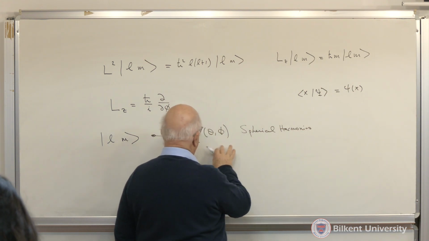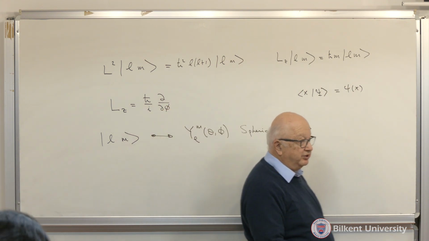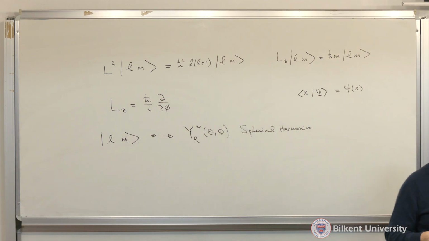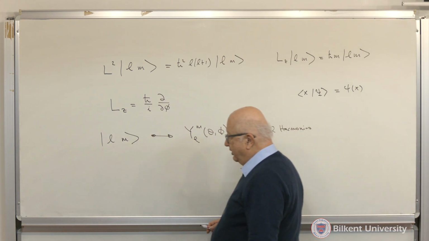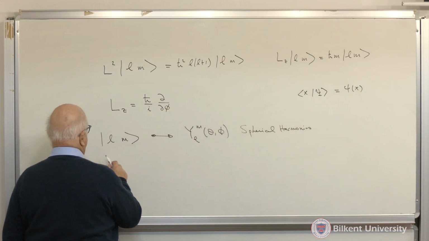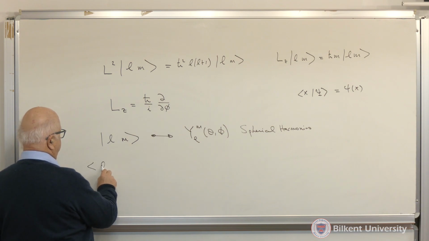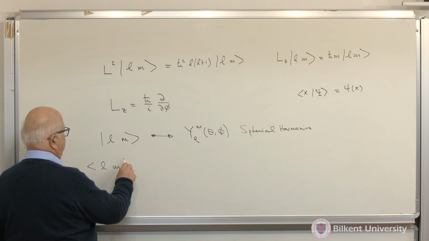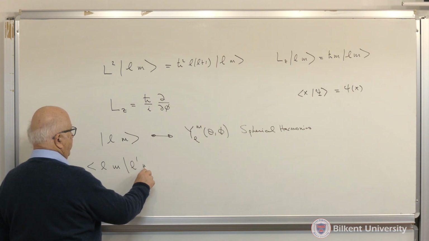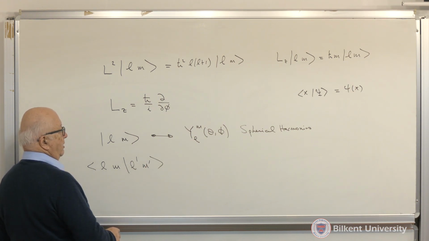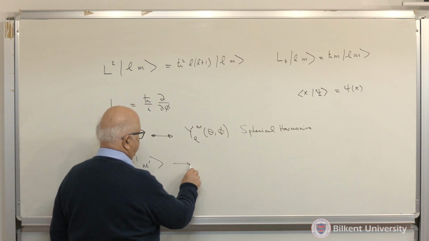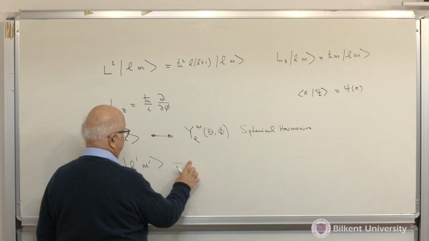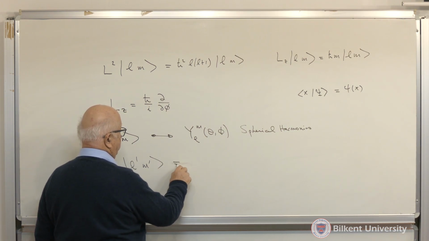These are a set of very useful functions if you want to do expansions in terms of angles. They obviously have orthogonality relations, which means that if I find the inner product of |l m> with another |l' m'>, that becomes, because this is a number,